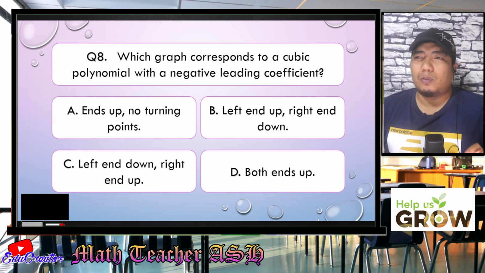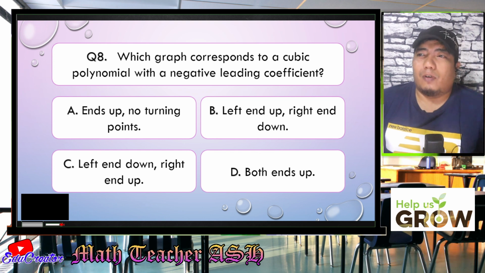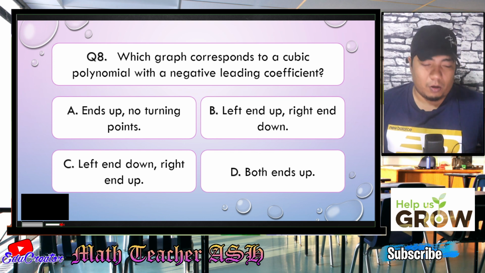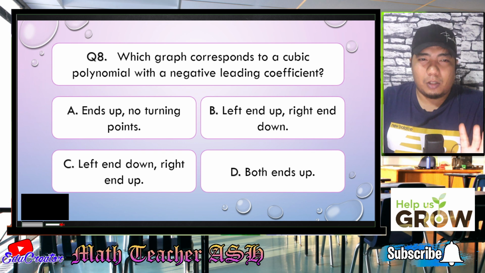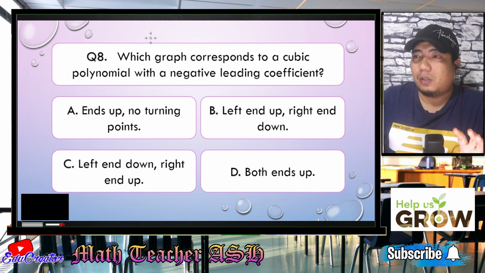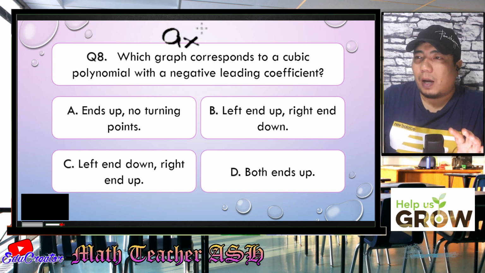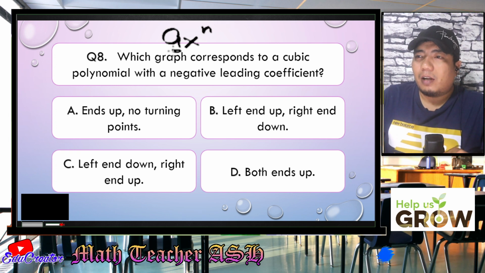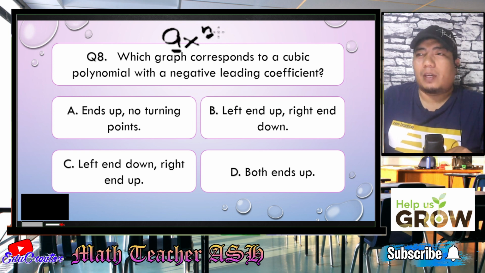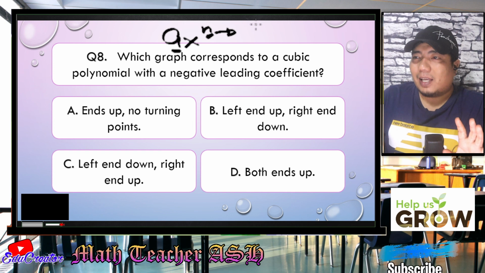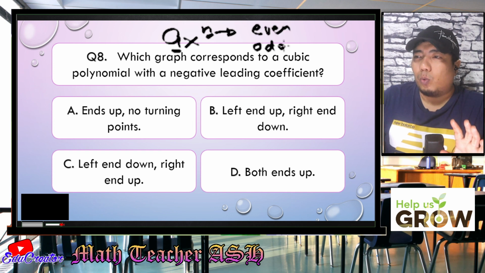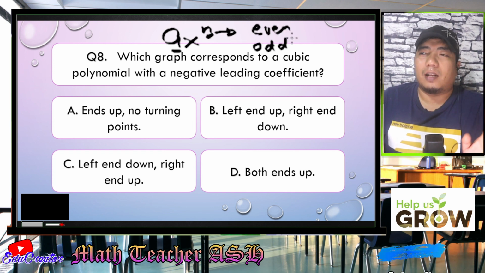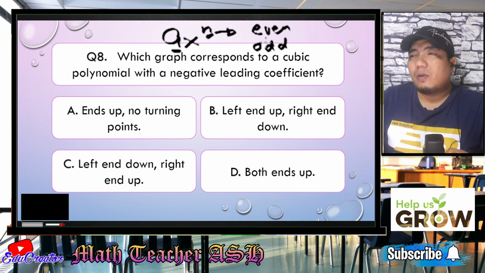Alright, math learners, if you do remember the nature of polynomial functions, this is very, very okay. In polynomial functions, what you need to consider is this. Let me just show this to you. The a x to the power of n. Let's consider this the leading term. Your a here represents the leading coefficient, and your n here represents your degree. Now, your degree is either even or odd. Even are 2, 4, 6, 8, and 10, so x squared, x to the 4th. Odd are x, x cubed, x to the 5th power.